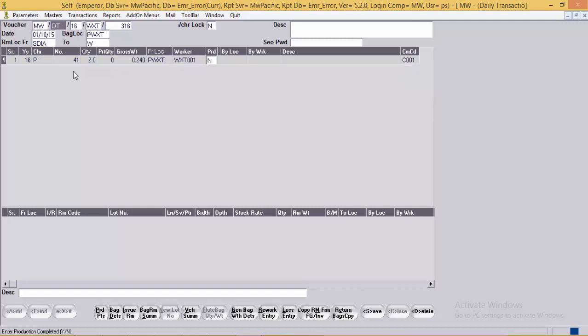As of now, the production on the piece is still pending, so production will be marked as no. Next, after some time, when the worker has finished his work on the design, he will return this bag to the supervisor again, and at that time the production will be marked as yes.